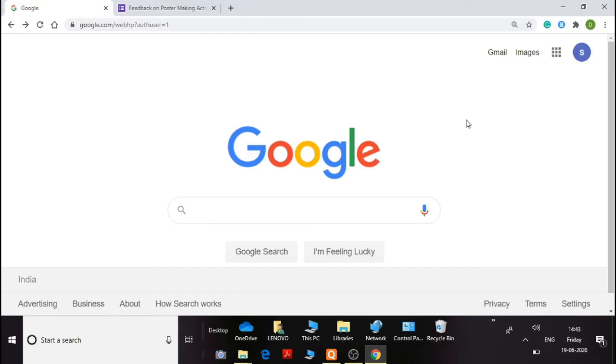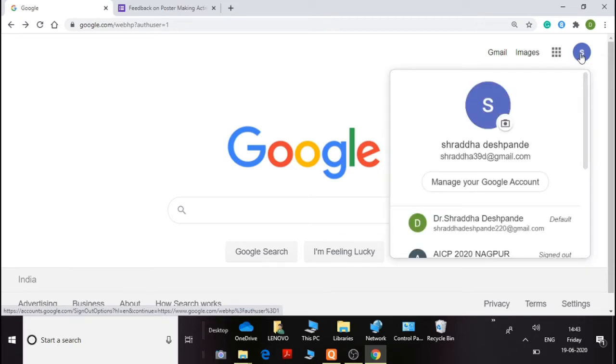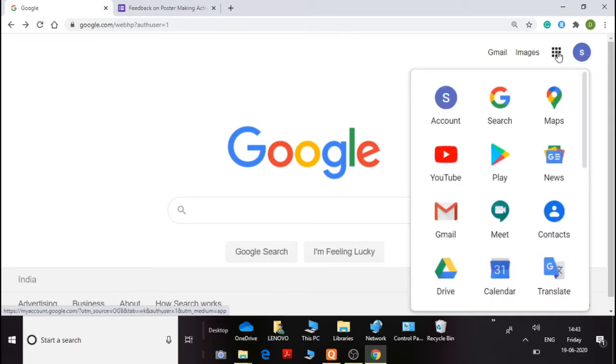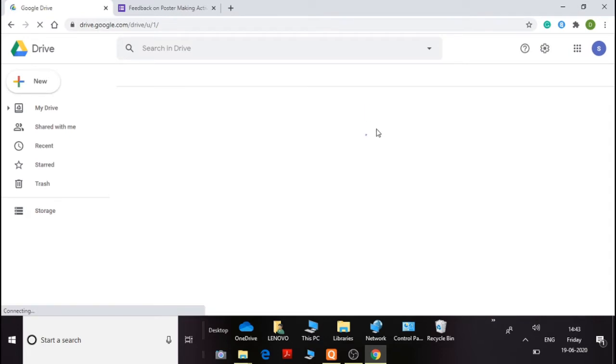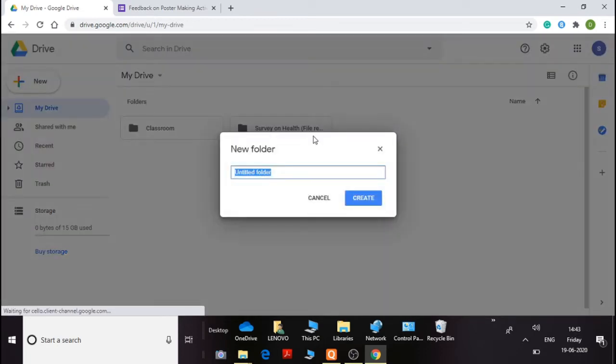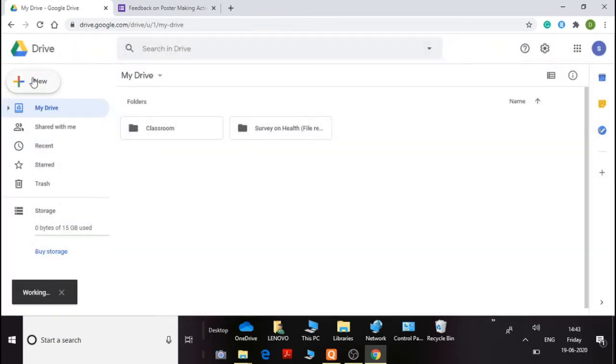So, my dear friends, let us start to prepare a Google form. For that, the very first thing that you need to do is to log into your Gmail account. I have already logged in, and you find a grid here like this. Go to the Drive, that is your Google Drive, and from here you can start making this Google form. Click on New, Create